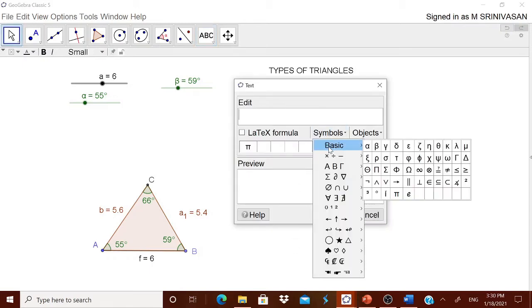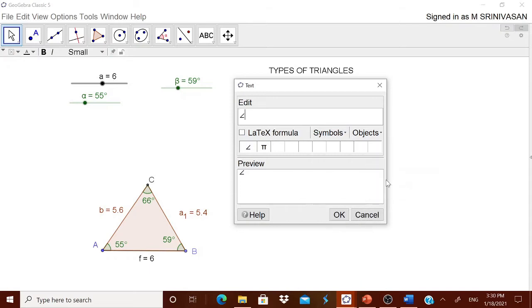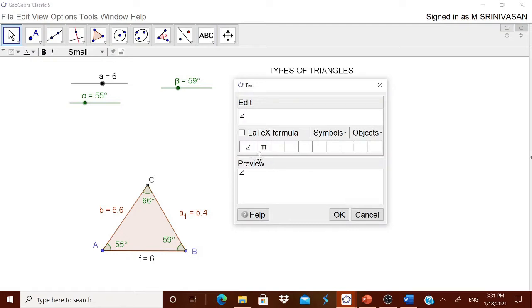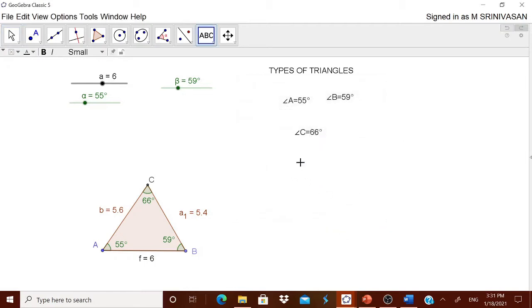Now let us try to declare the values. Go for this angle symbol. Only once you have to take angle A is equal to, from the object we know that it is alpha. Then again go for it, angle B is equal to beta, then angle C. All of them should be shown to the children so that they can visualize. Everything is being defined based on the angles and lengths of the sides only, because the nature of the type of the triangle is based on that only.